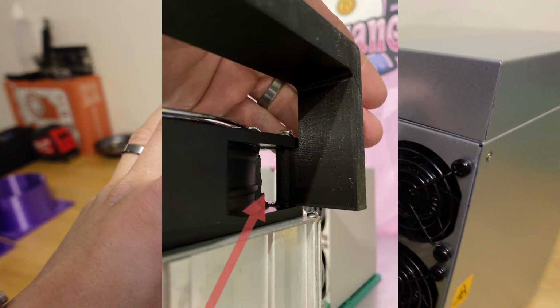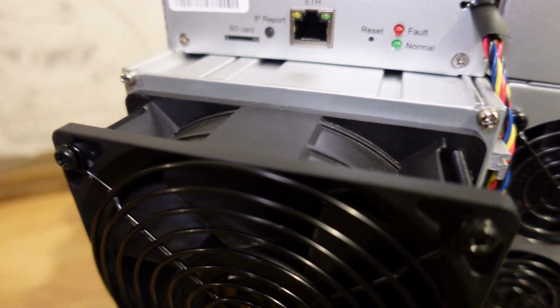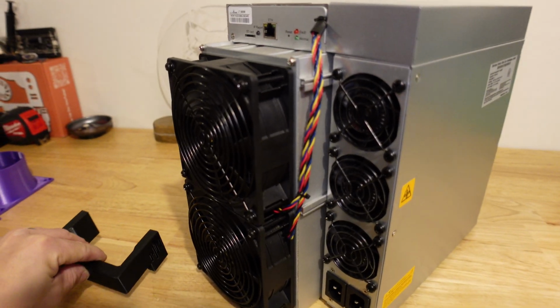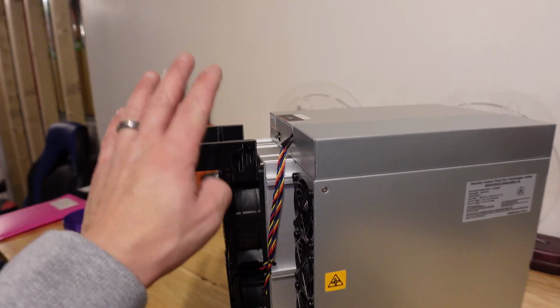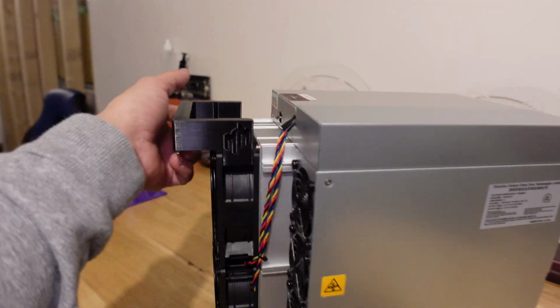But the big boy ASICs have this gap, and it should not be affected in any way. It's a tight fit, but it fits perfect. Let me throw this thing on and show you guys what I'm talking about. All right, so that's only one on. Obviously, I could put 4 of them on this unit, and I recommend definitely having at least 2, one on the front and one on the back, so you can pick it up with 2 hands instead of just hanging